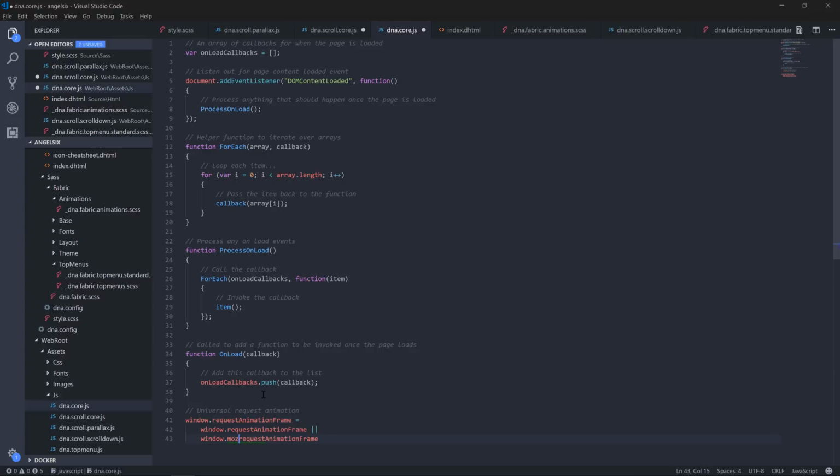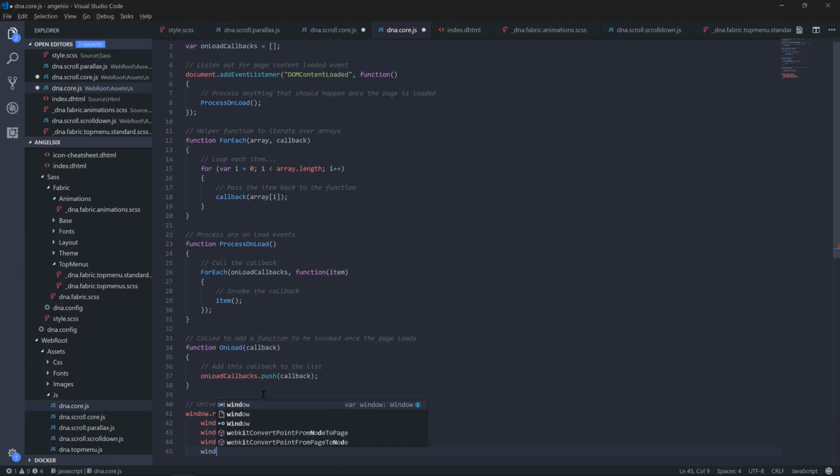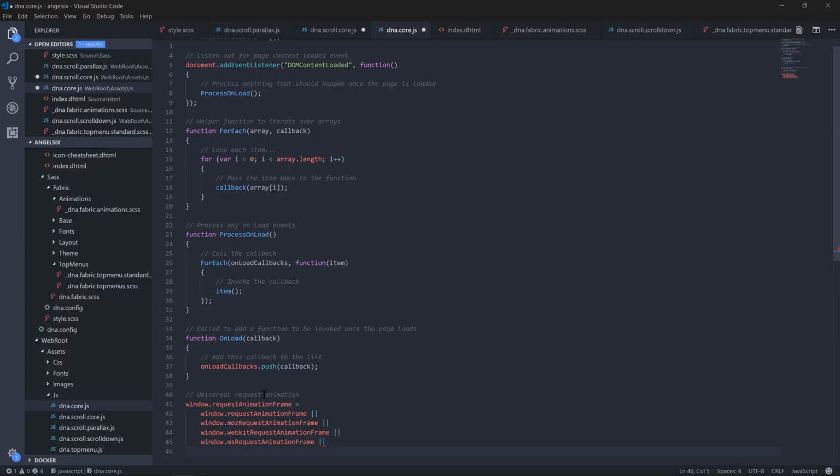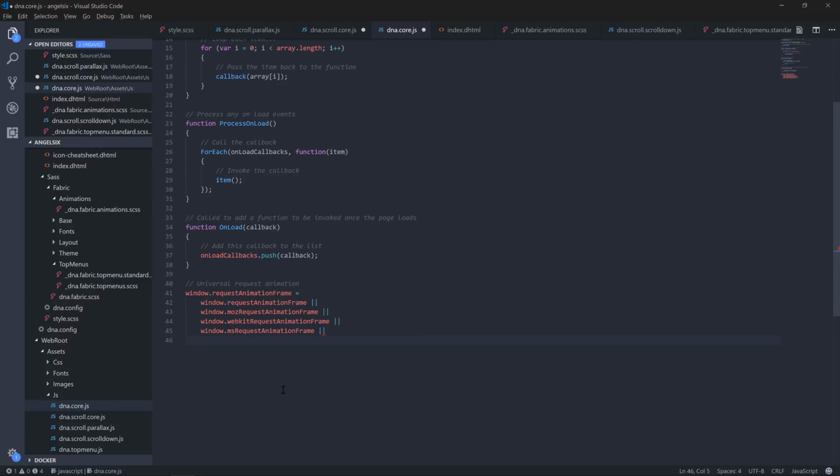And you just put capital R. And then if that doesn't exist, you do window.webkit, and then capital R. If that doesn't exist, you fall back to the Windows one. So these are all just vendor prefixes. And finally, if that doesn't exist, you're kind of screwed. You're just going to have to make up a function yourself. So we'll then just make a function up,